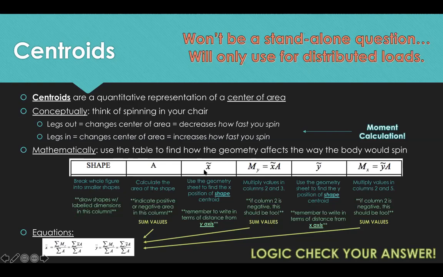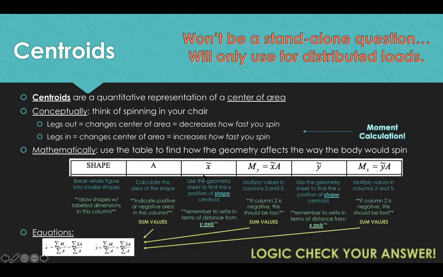And then moving on to x tilde, this x tilde and y tilde are really the only complicated parts of this chart, right? Super easy to find the shape, super easy to find the area, and then super easy to multiply two things together. X tilde and y tilde are where people mess it up. So for x tilde, you use that card, the white one that has all of the shapes on it. I don't remember what it's written as, but it's the geometry sheet basically. And each shape has a description of the x position of the centroid and the y position of the centroid. Basically, you just follow that card